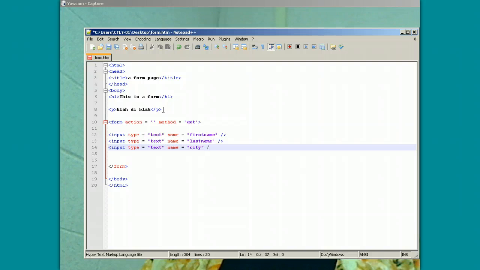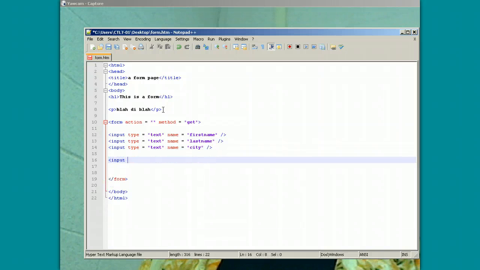So we just got some basic information here. Input type equals submit, value equals go for it,